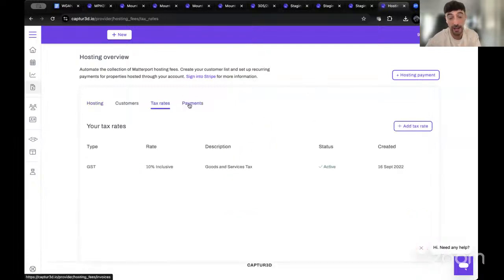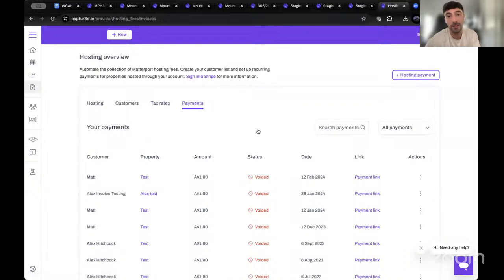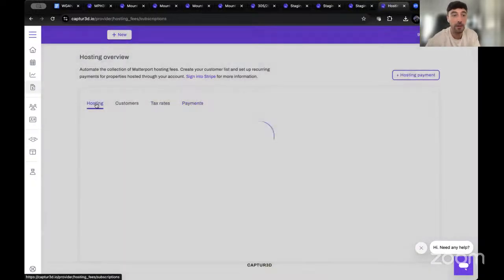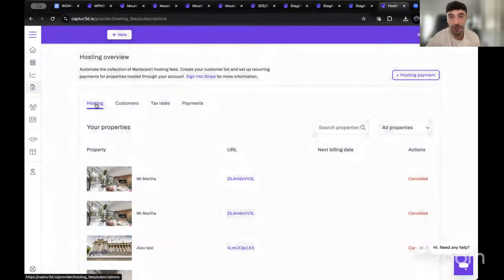All the different tax rates are set up in here, all of your payments within here that are active. But for anyone who's having issues or frustrations with the amount of hosting fees that they're providing to their customers, that's just a really good feature to enable to stay on top of that. And I want to say that's part of your free service. It is indeed. So there's a lot of free features that we offer. You can sign up to Captured completely for free and have those features, analytics, hosting fees, and general basic branding overlays within your tour as well.